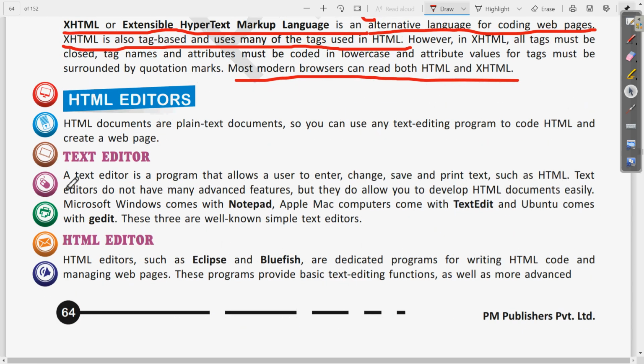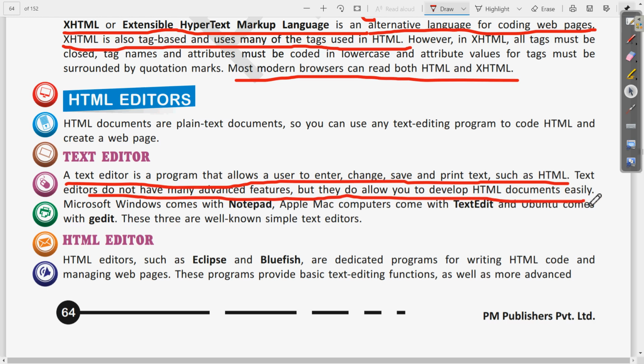A text editor is a program that allows a user to enter, change, save or print text such as HTML. Clear? Then these editors do not have many advanced features, but they do allow you to develop HTML documents easily. Clear? Only 2 points here.